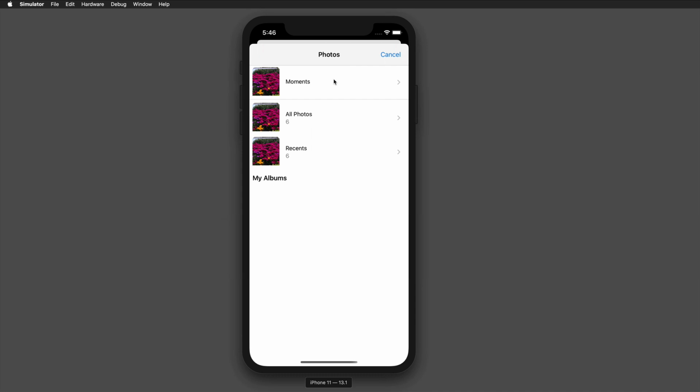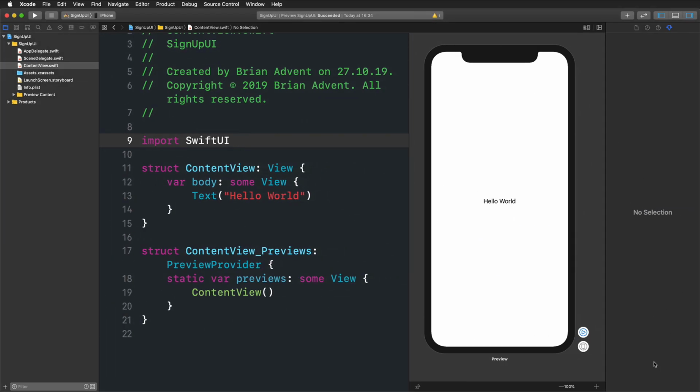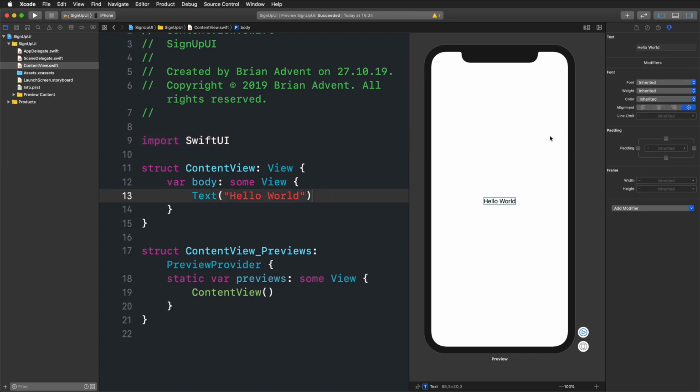And now let's begin. So let's bring up Xcode, and I've already created a new SwiftUI based project right here. It's just a single view application. I haven't changed anything here, just actually resumed my canvas display here so that we can see our first result right now. So the first thing that I'd like to do to actually create my user interface that you've seen